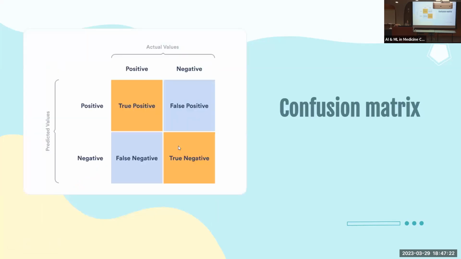And the last one is confusion matrices. These are also used a lot in machine learning. If you look here, the actual values are what the patient actually has, and the predicted values are what you predict. You want basically this axis to be 100% and this axis to be 0, so there's no false positives and no false negatives. You want everything to be true positives and true negatives.